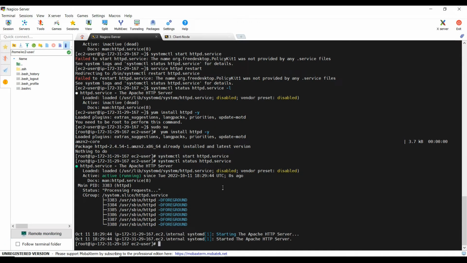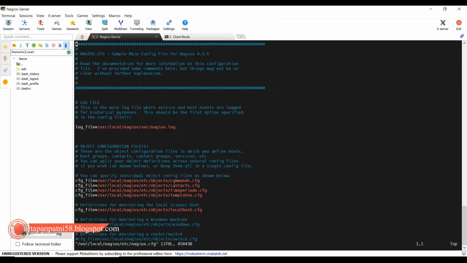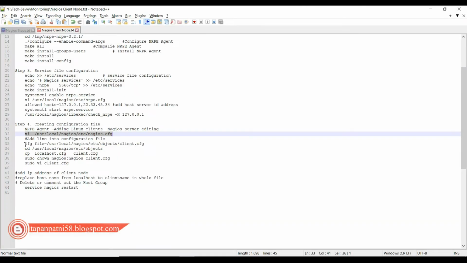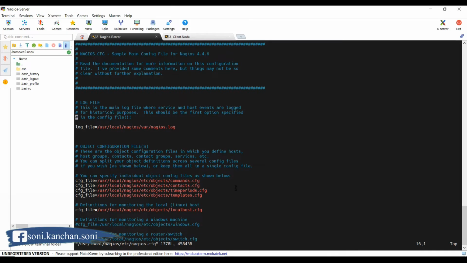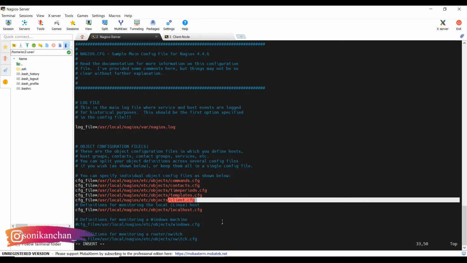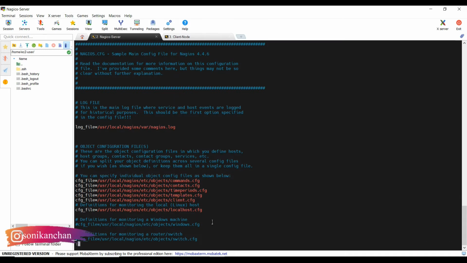here. Under this file we will give this line. Which line? We need to configure the client config file, which is present in this path. So under these configurations we will give one more config file to target this client config file. Escape, :wq. Then the next step is